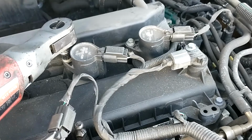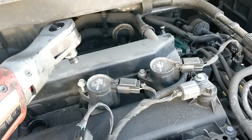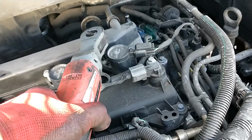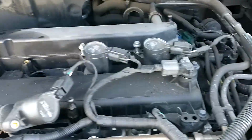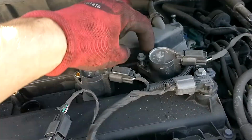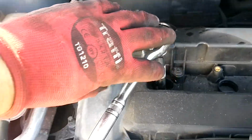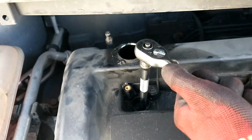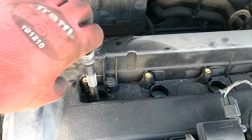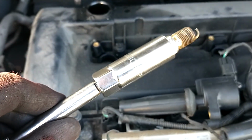Here we're going to take off the ignition coil. These screws up. Then we've got this ratchet to get the spark plugs out. Spark plug out. We're using a 10mm spark plug socket,